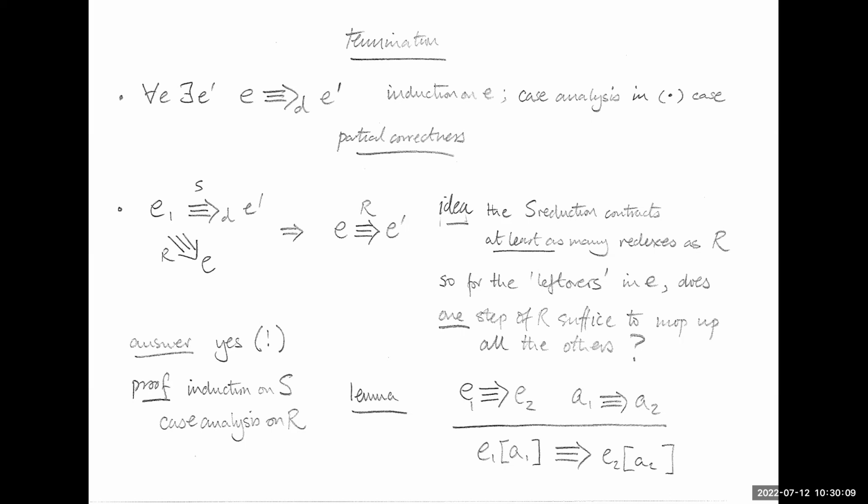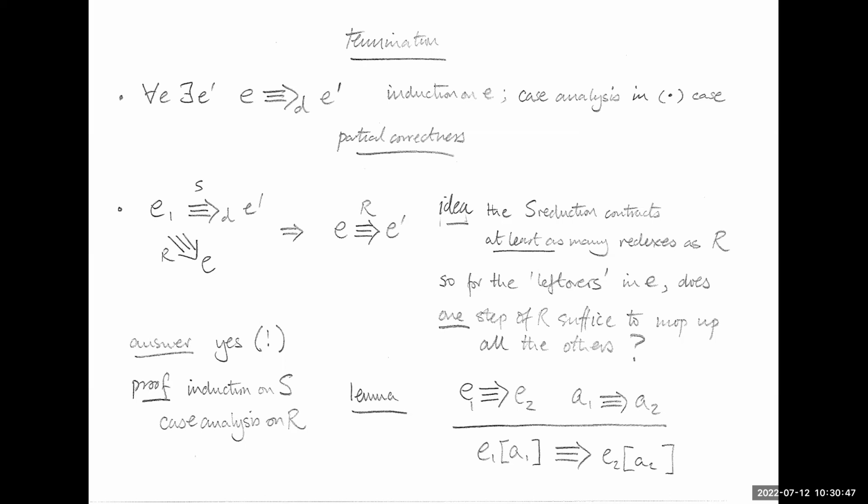And the only interesting case is if we have an application and then we look at the result of reducing the left-hand side. If it's a lambda, we know we have to reduce. And if it isn't, well, then we know we just get another application term. So that's kind of easy, but important. But we want termination always to be easy because we want the interesting thing in verification to be reasoning with the specification.